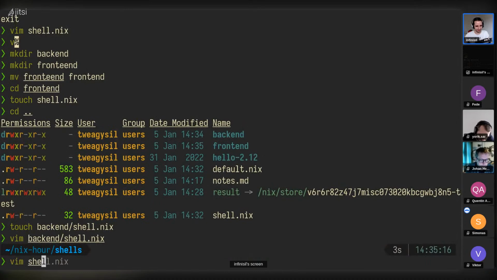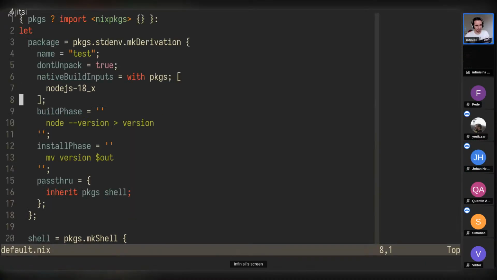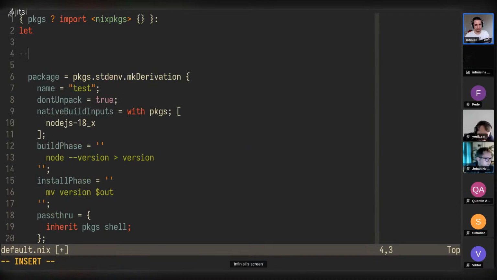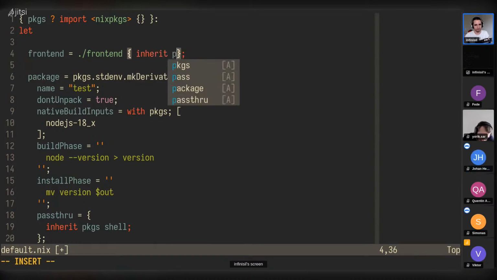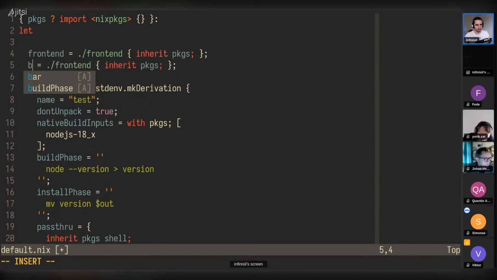That would take a bit of time. But yeah, you might import these packages here, frontend equals frontend. Typically, we should have a default.nix file, so you could just do this, which is the same as this. And you might also want to propagate the arguments here, so the front ends know the packages and some other bits and stuff. But in the end, you might have two of them,